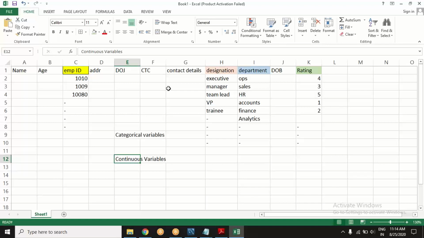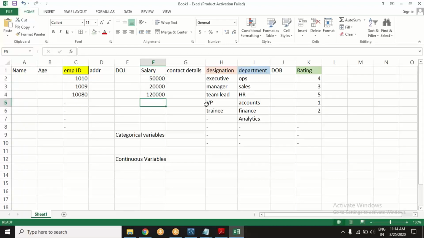Continuous variables, for example, let's not call it CTC, let's call it salary. 25K, 20K. Let's put it as a number itself.